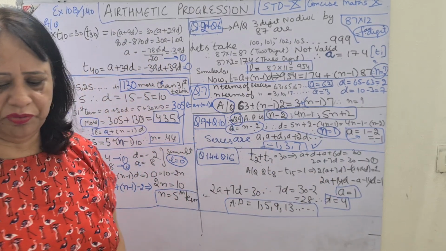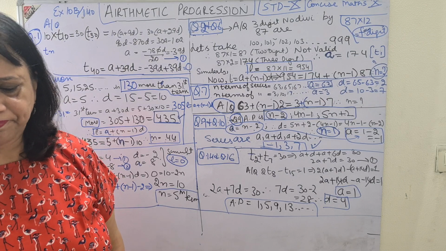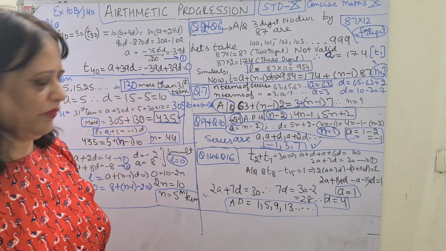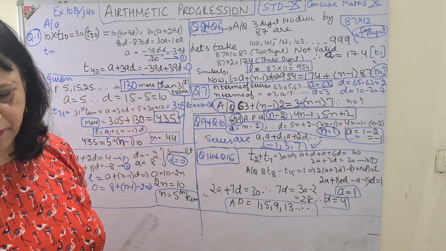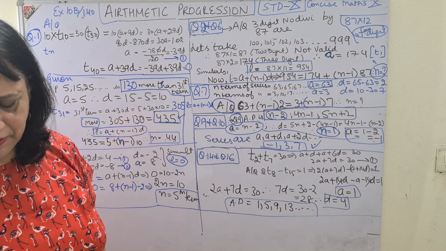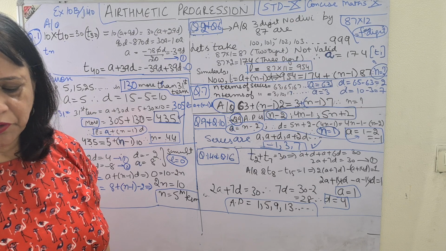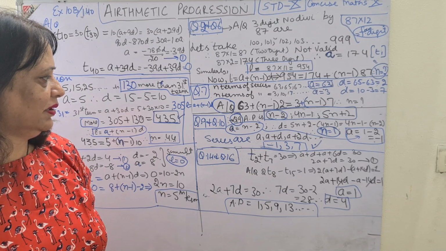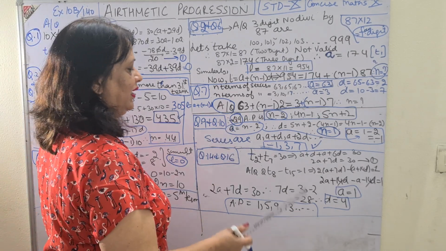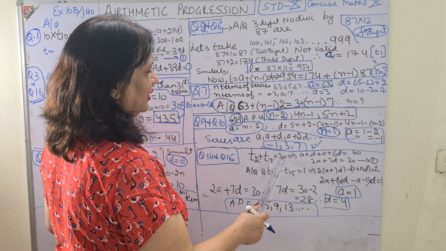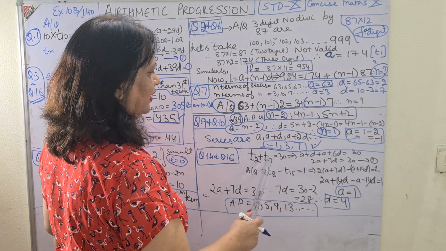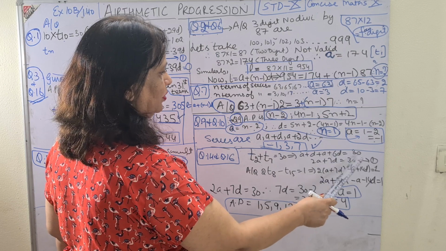Then come to question numbers 14 and 16, they are also the same. I'll give you the hint of one of them. Let it be question number 14, one of the very important sums of the compulsory section of the paper. So the sum of the second and seventh term, as I have written, you have done this in 10a again. T2 plus T7 is 30. So A plus D, T7 is written as A plus 6D, is equal to 30.